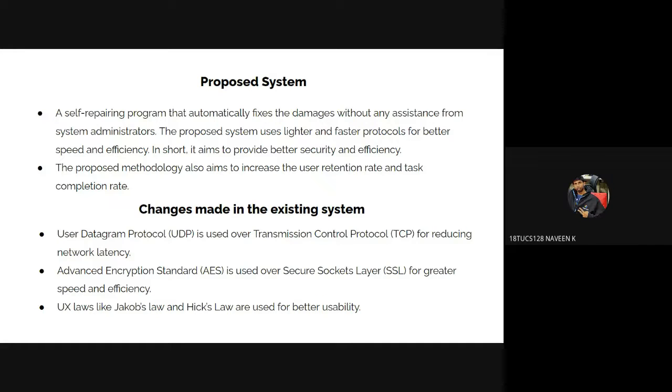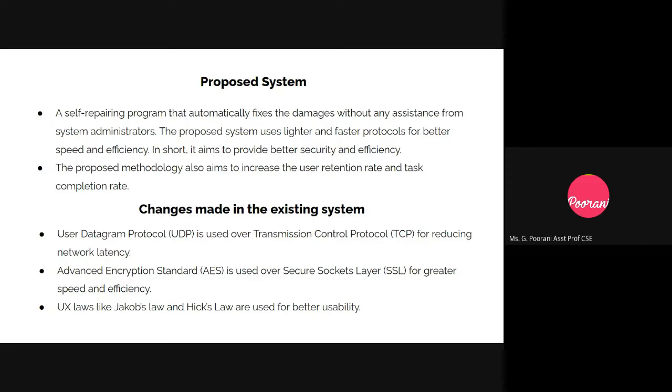Okay, ma'am. So you can't change the existing system, right? So that will be under your proposed system. But like we have used over it, ma'am. Like whether blockchain uses TCP, we have used UDP, then it uses secure socket layer, and SHA. So yes, we use AES.